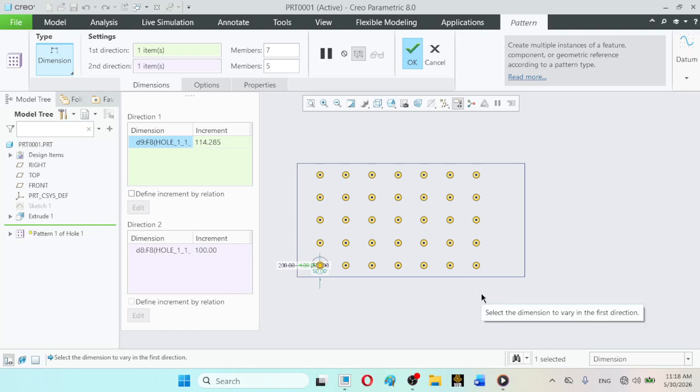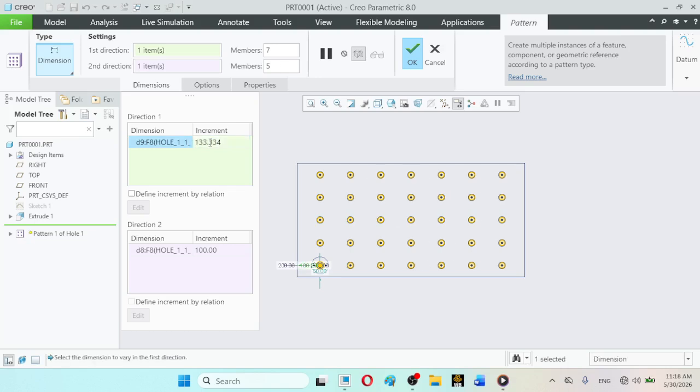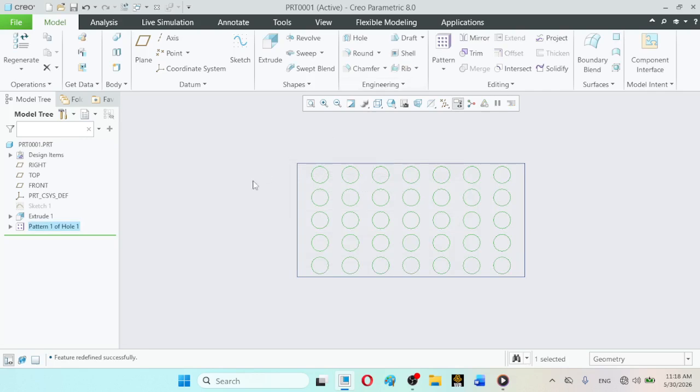So there are 7 number of members, so divided by 6. So 800 divided by 6 comes out to be 133.334, for example, like this. So you can now click on OK, and you have now observed.